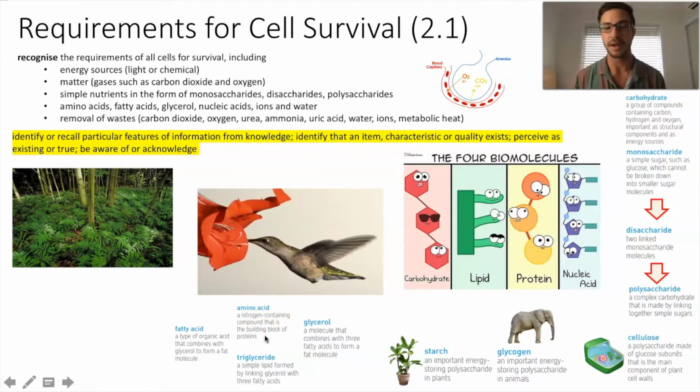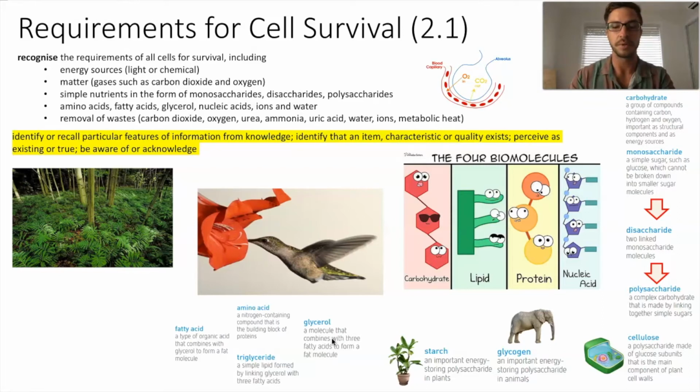Year 12s, you might think back to last year. So proteins are so important because they make us up. So we require amino acids, as well as triglycerides. They're a simple lipid formed by linking glycerol with 3 fatty acids, so when they come together. As well as this, we also require ions, and that is I-O-N-S, and they're charged molecules, and they include potassium,